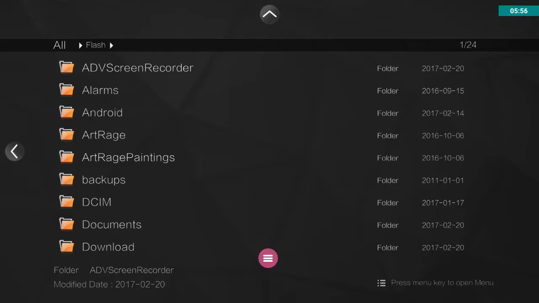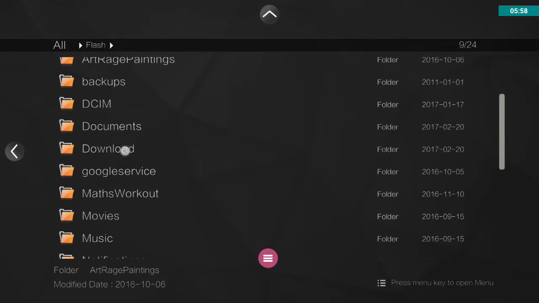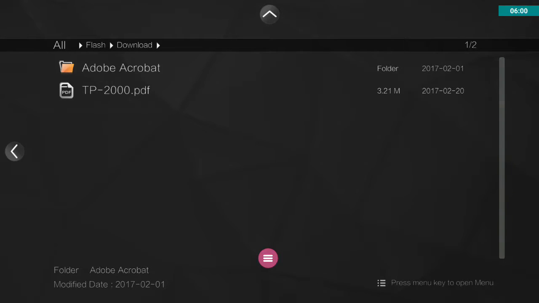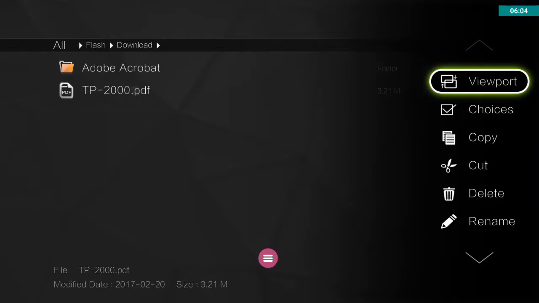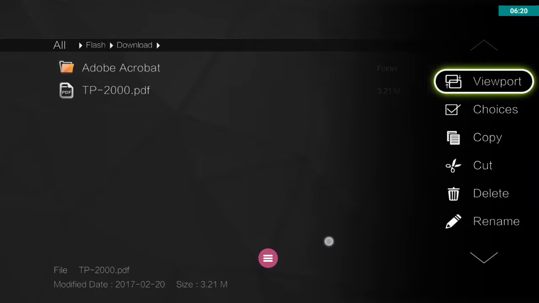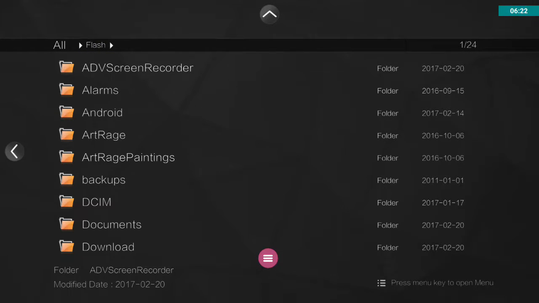Now I actually have a download in here, so I'm going to click in here. If I want to copy and paste things, all I need to do here is hold down for a couple of seconds, and you can see I've got some choices down the side here on the right. I could copy that and I could paste it somewhere else if I wanted to. Okay, so I do have a File Explorer already on my Connect, but to me